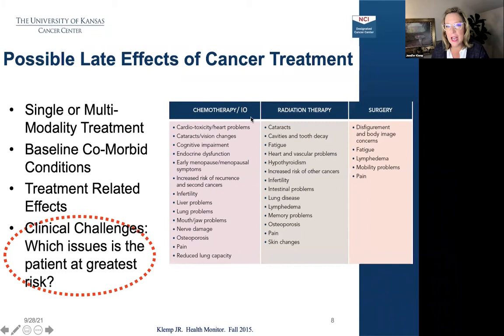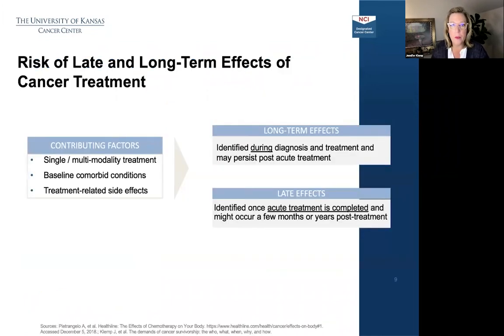And I've added IOs here because, as that's emerging and as we're learning more about the acute and more extended late effects of IO, we need to put all this in perspective, because it's very rare that patients who are receiving chemotherapy or other types of adjuvant therapy really get a single modality. Those are early stage, maybe surgery only. And so most of our patients are a little more complex. And so we have to think about this bigger picture.